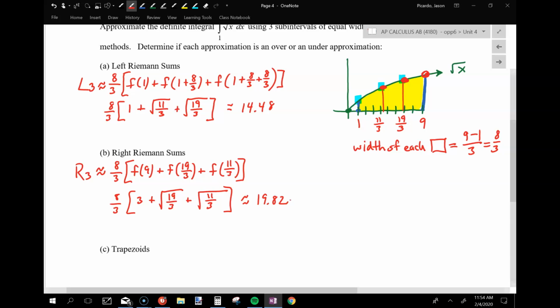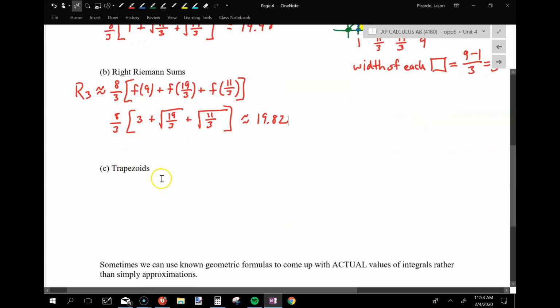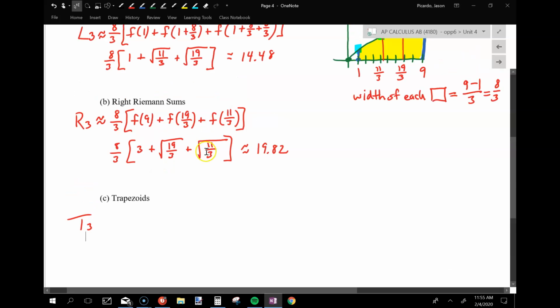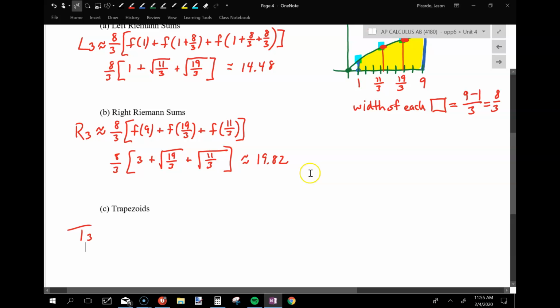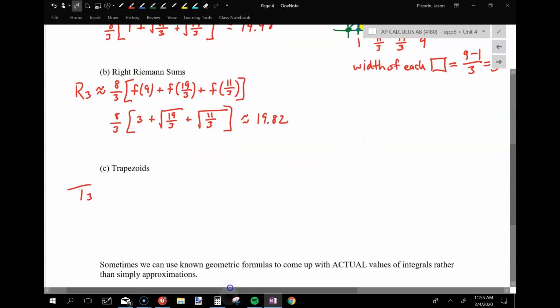Then mathematicians decided, well, the midpoints are kind of dumb because the trapezoids do a much better job. So they got rid of the midpoints altogether. Right? Like, no, let's just do trapezoids. So T3, that's the average now, right? That's the average of each of the subintervals, right? So this is going to be approximately